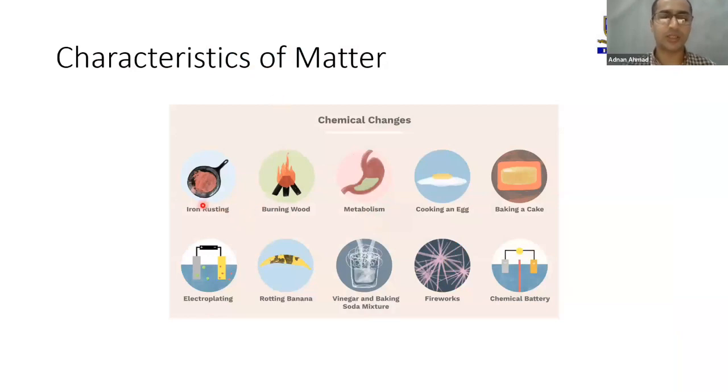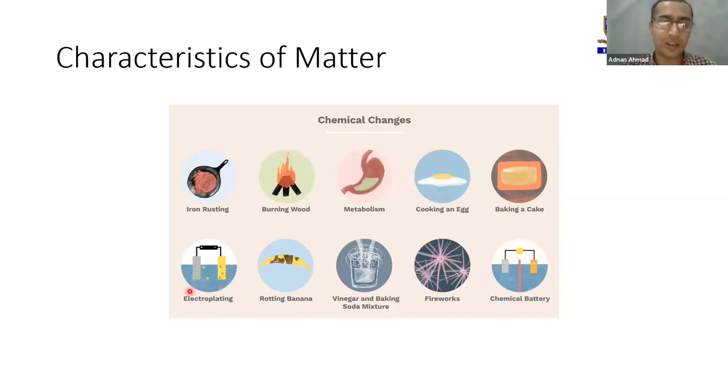What is a chemical change? Iron rusting, burning wood, metabolism. When you eat something, it gets broken into substances that change in our body. When you eat fruits, they get changed in our body. Cooking an egg: once you cook an egg, you cannot take it back to that slimy form, right? It's permanent. You cannot change it back. Baking a cake or making a pizza: once your cake is ready, you cannot change it back to the dough,